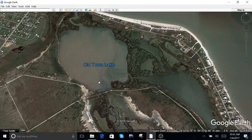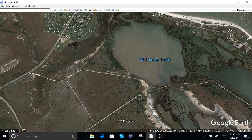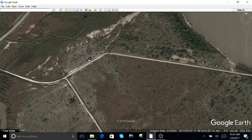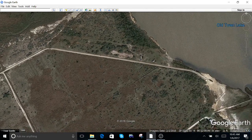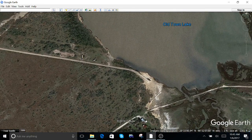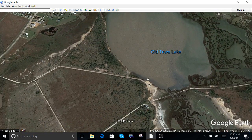Now, it is grassy right through here because I was looking at this road here and I even took it to street level. They've got a stop sign here and I'm thinking, well, if it's a stop sign, wouldn't this be a public road? Well, I don't think it is. I mean, it's nothing stopping you. I drove all the way down here and I got to right here and I got to looking, but there's a post or two and it's got some purple paint on it and that normally says no trespassing. So I turned around. I'm not going to trespass, but I noticed